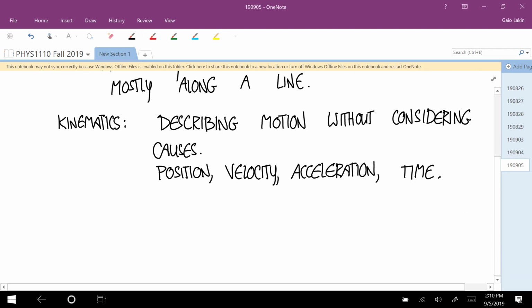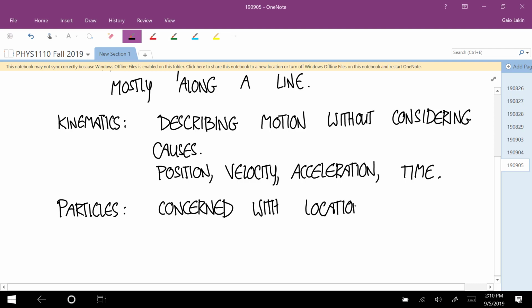And then the last thing is particles. And particles are just treating objects in a way where we lose any orientation information. So we're concerned with location but not orientation. Okay, so